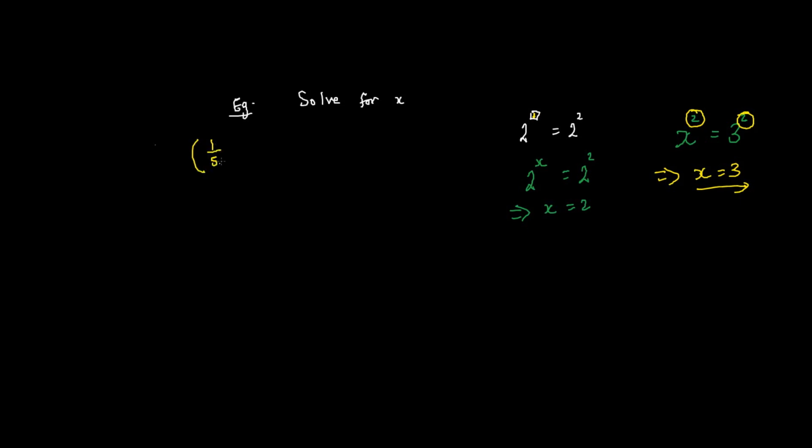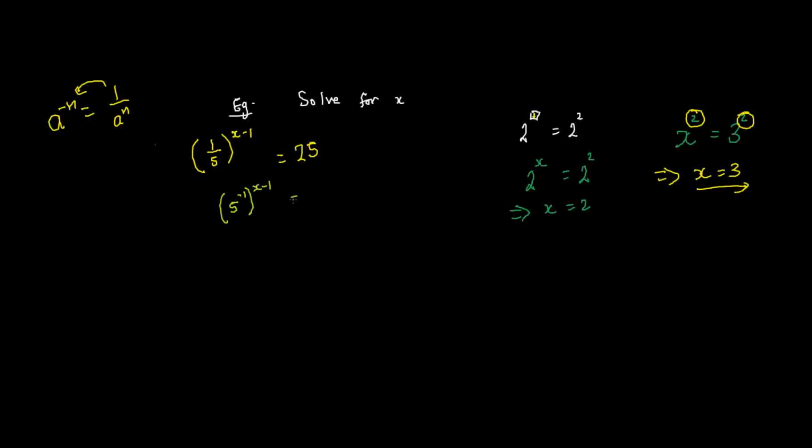Right? (1/5) raised to the power of x minus 1 is equal to 25. So the first thing I'm going to do is rewrite 1 over 5. Remember the property that a raised to the power of negative n is equal to 1 over a raised to the power of n. So the opposite is also true as well. Let's rewrite it as a negative exponent. Right? Let's rewrite this as 5 raised to the power of negative 1, all raised to the power of x